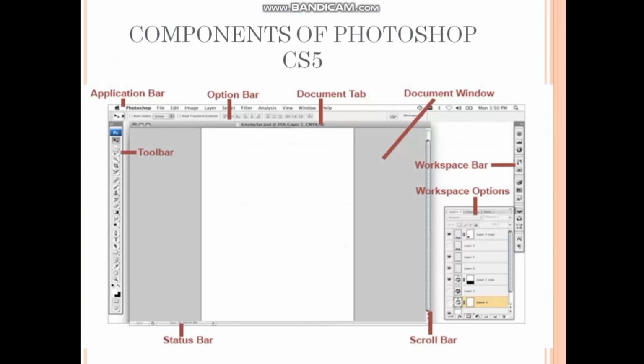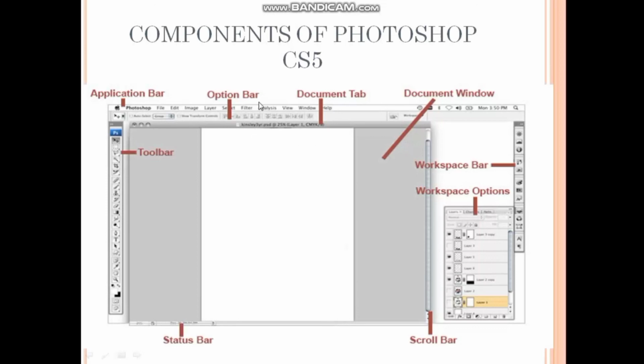Okay, now the next topic is components of Photoshop CS5. Here we will learn about the Photoshop window. As you have seen in the image, this bar that is found at the top of the page is called the application bar. Just below the application bar, this bar is called the option bar.